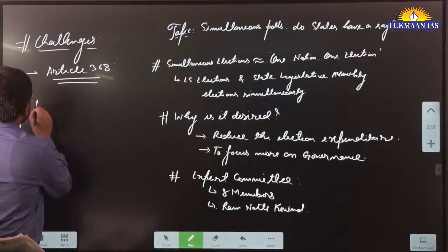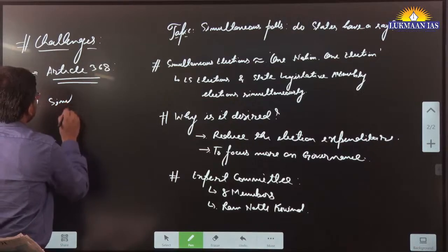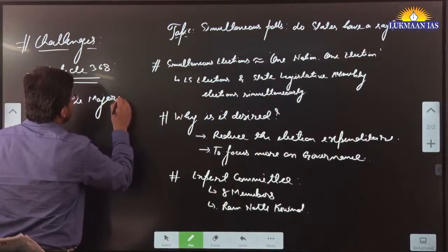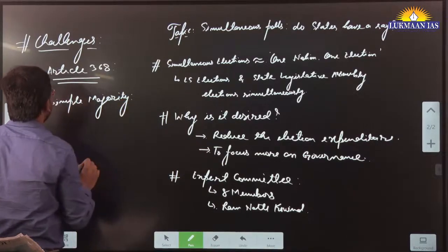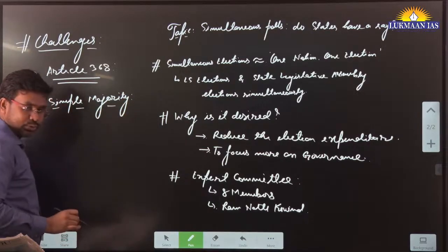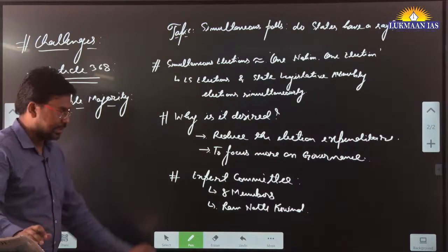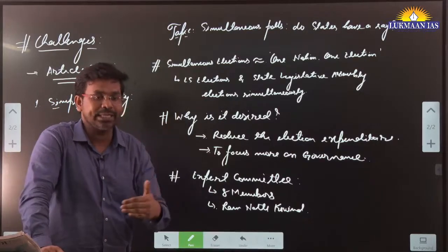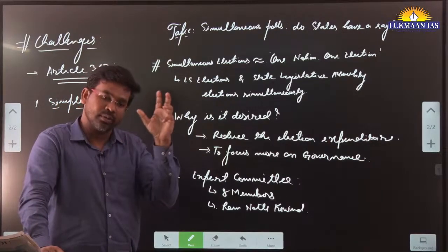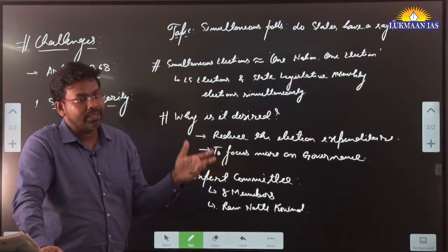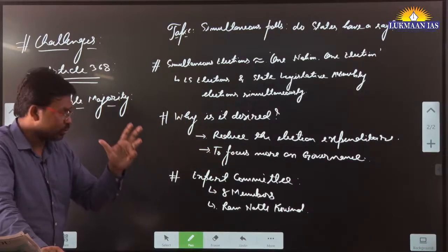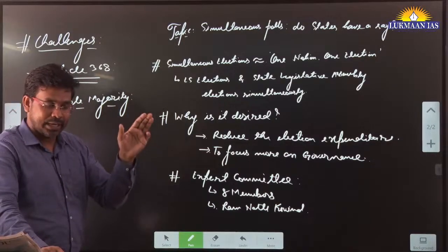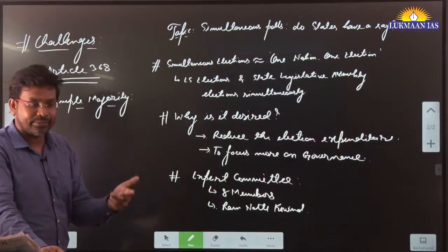And so this is known as simple majority. There are some portions in the Constitution of India for which, if you want to amend the Constitution, it requires a simple majority. Simple majority means all the members who are present and voting in the parliament, first of all they should meet the quorum demand, and out of the people who are present, a simple majority can pass the bills from both the houses of the parliament, and after that